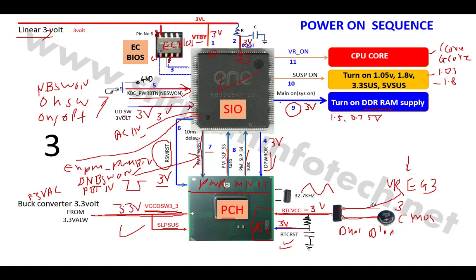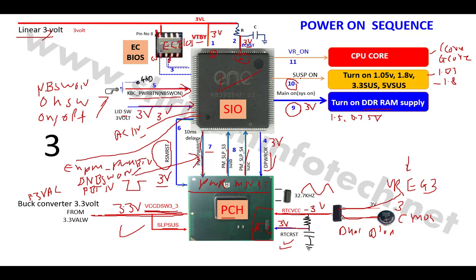That particular buck converter, which is for the RAM supply, will be turned on. I already told you it depends on the RAM, on which DDR it is. If it is DDR3, then 1.5. If it is DDR3L, then 1.35. If it is DDR4, then 1.2 volt. So you have to make sure of that. So system on turns on the DDR supply, and then after that the SIO will turn on another signal,